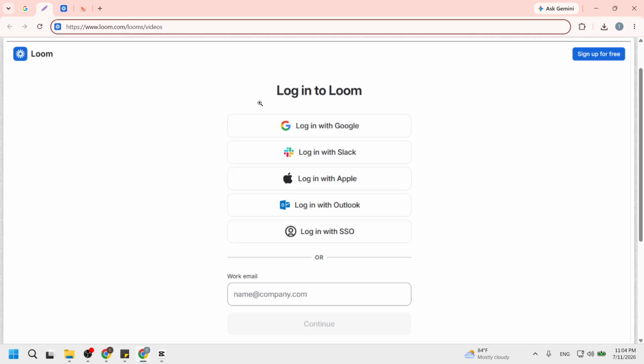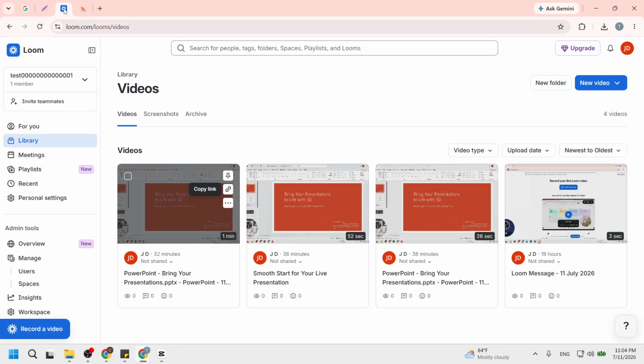Enter your email and password in the designated fields. If you've forgotten your password, Loom provides an option to reset it. Logging in gives you access to all your Loom videos. This is a crucial step as it ensures you are working with your own content, which is needed for the next steps in the process. After entering your credentials, click on the Login button to proceed.